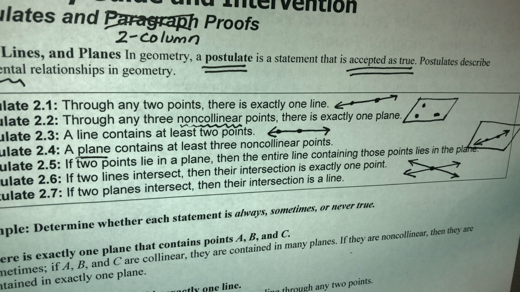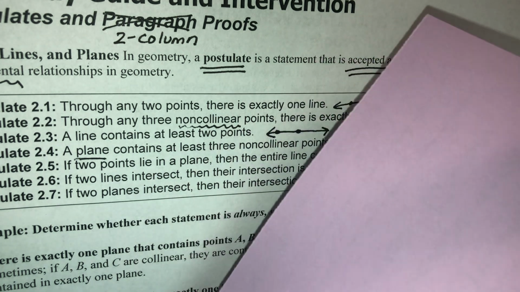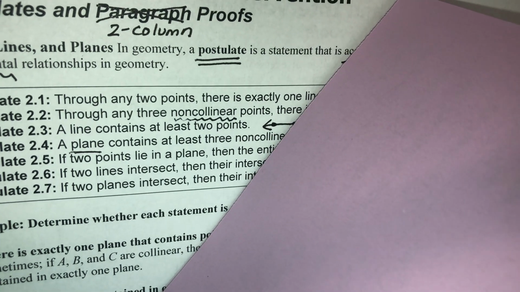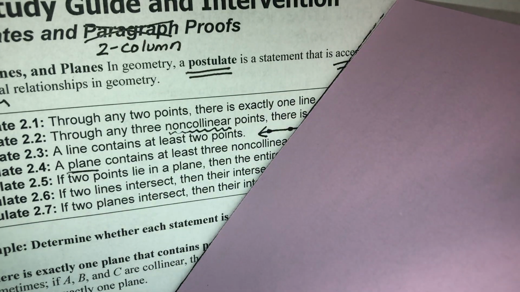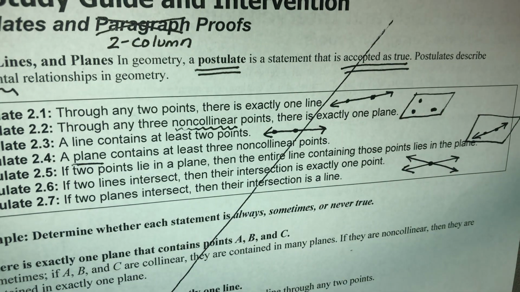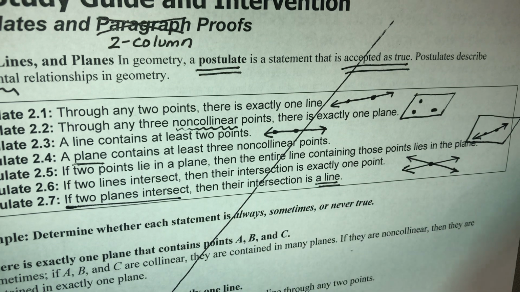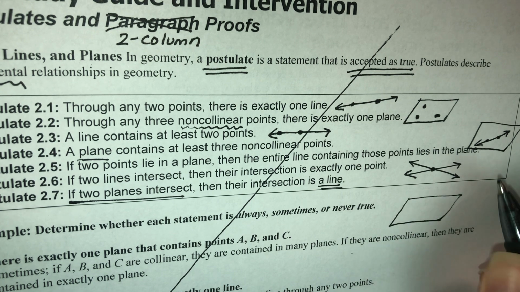And last, if two planes intersect, then their intersection is a line. This is a little bit harder to show in two-dimensional space because we're talking about a 3D concept here. So let's say I have this purple paper. It's like a plane, and my white paper that I'm writing on is another plane. So if I make them cross, then the way they cross would be in a straight line that I'm making by tracing the intersection. So two planes intersect in a line, okay? And I can't draw you, well, I mean, I can draw you a picture. I'm not a very good artist, but